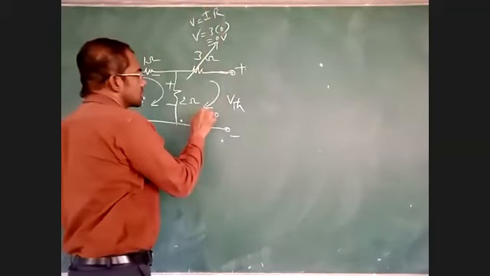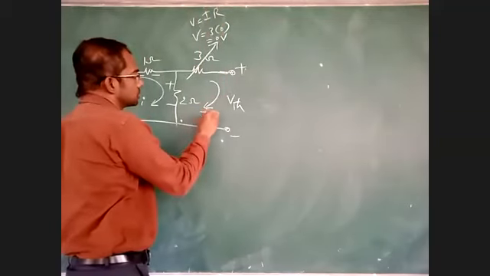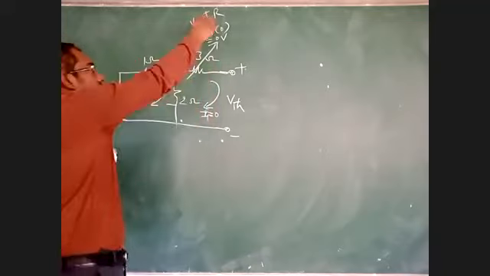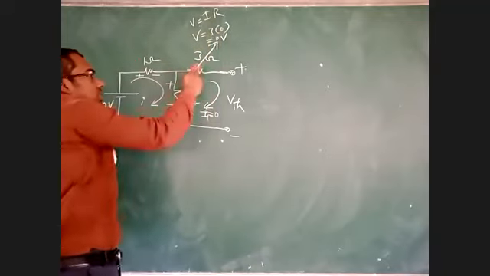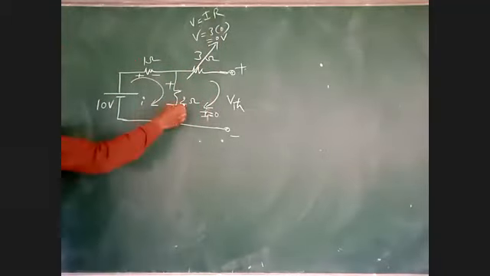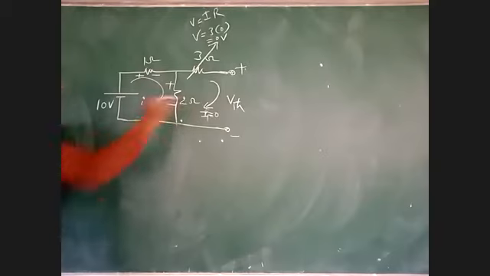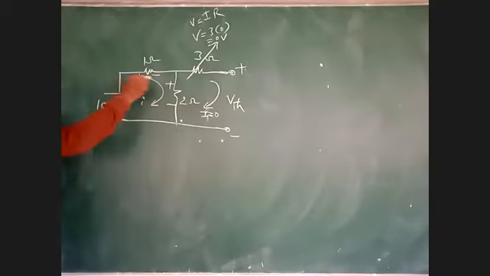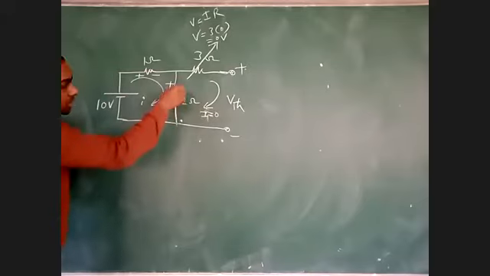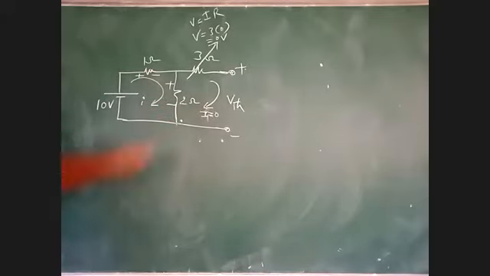Let us take this as a capital I. This I is 0, so I into R, where R is 3. But in this branch the current is 2 into I, even this is 0. That is, 2 into I is the current. So for this current direction, I am taking plus and minus. For this one, I am not taking plus and minus because this is not the current. This is only the reference direction for determining VTH.